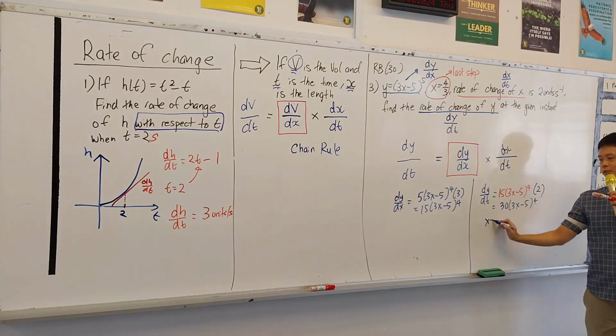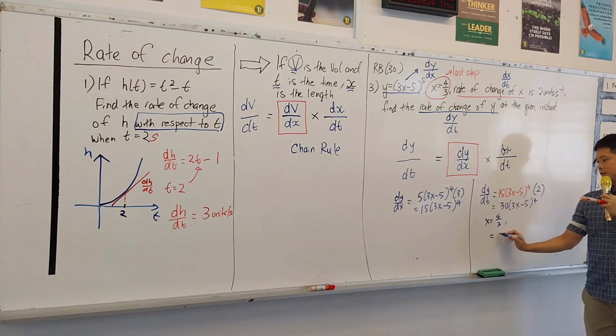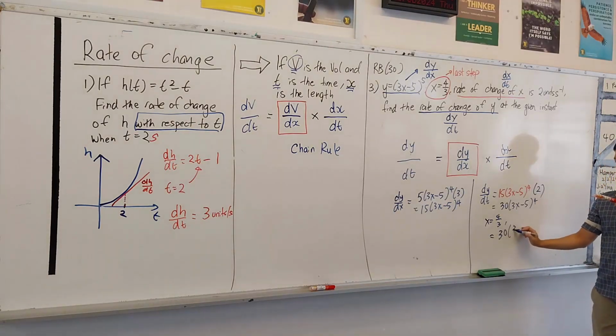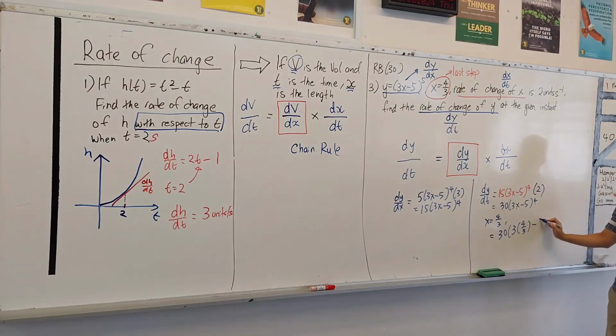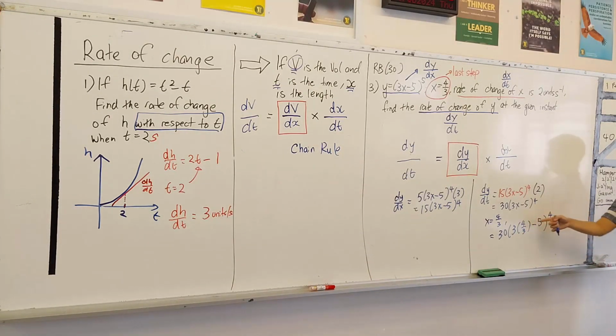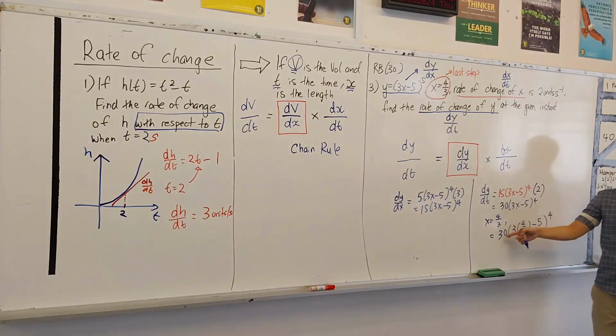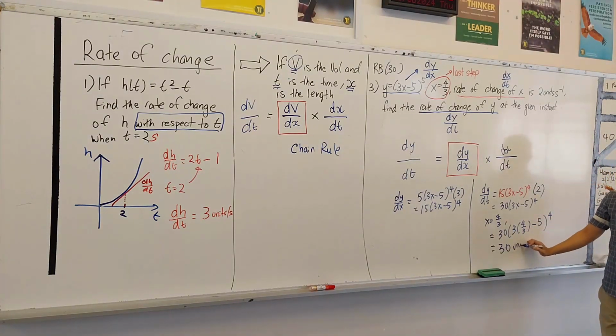Sub x is 4/3. So this is what I mean by last step. Let this always be the last step. So if I sub in 4/3 here, I get 30 times (3 multiplied by 4/3 minus 5) to the power of 4. So this is simply just 1. Okay, you can press, but it's 1. 30 times 1 is 30 units